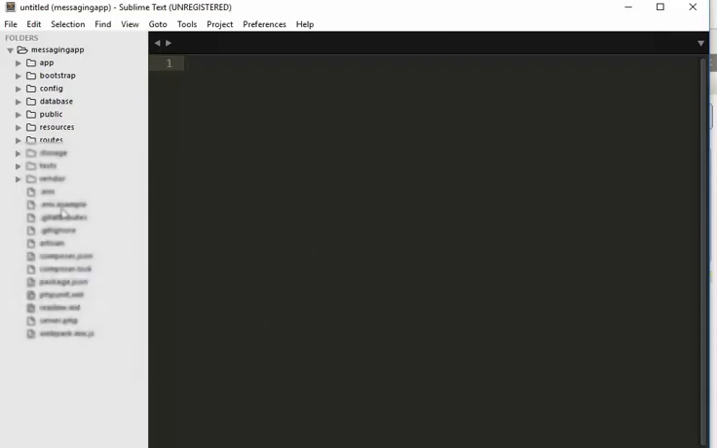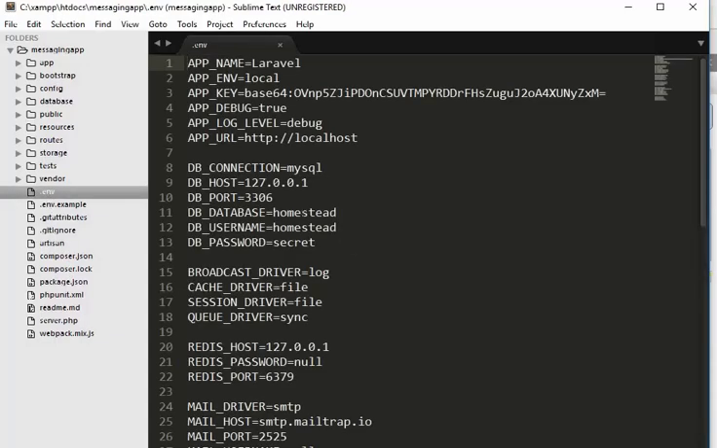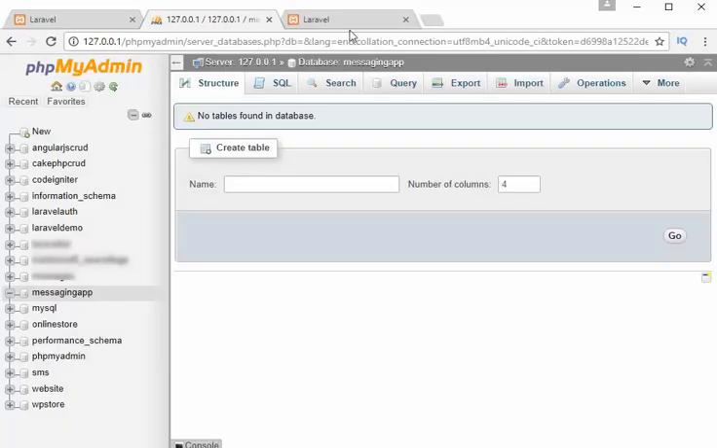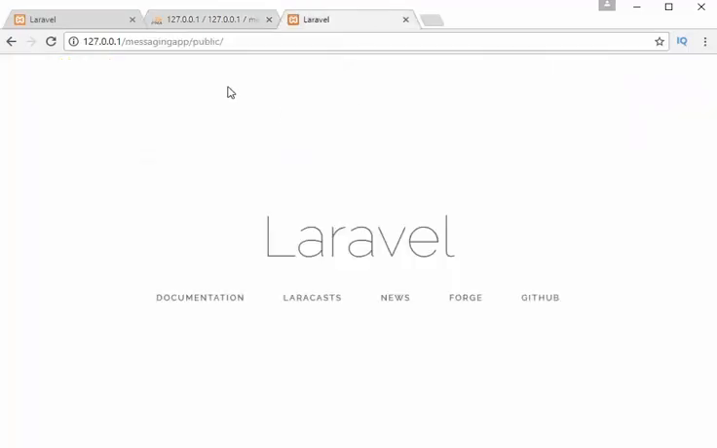So now I'll go to my editor and go to the env file and then change my database configuration: messaging app, and then username is root, and I don't have any password set for my database. Okay, now it's done, and you have seen here after downloading I tried to access my Laravel project in